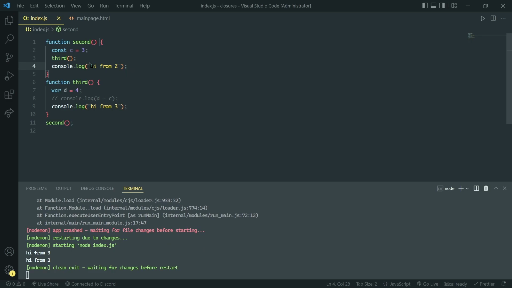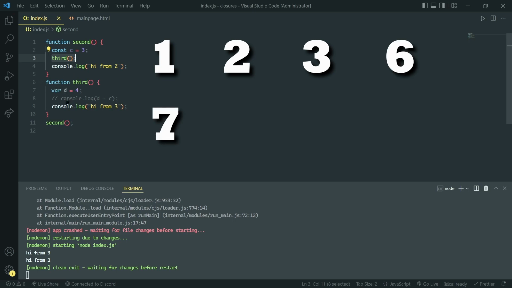Okay, so coming back to this, the second function is called first. And then on top of the second function, the third function is called, and after the third is returned, it comes back to the second, compiles the fourth line and executes the fourth line, and then this is returned. So from line number 11, it goes to line number 1, 2, 3, 6, 7, 8, 9, and then 4,